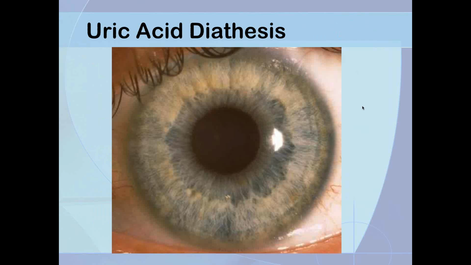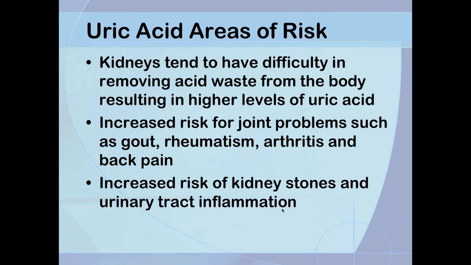Now, the uric acid diathesis is a little different in that it's not just the whitish fibers, it's more like there is this whitish plaque that looks smeared over the top of some of the iris fibers. In this eye, you see it particularly towards the top part of the eye. There's a little discoloration in there, but you can see that patchy, smeary quality to the iris fibers. You can see a little bit in the right side of the iris towards the lower part. That's the uric acid diathesis, which is very similar to the overacid and febrile type, but